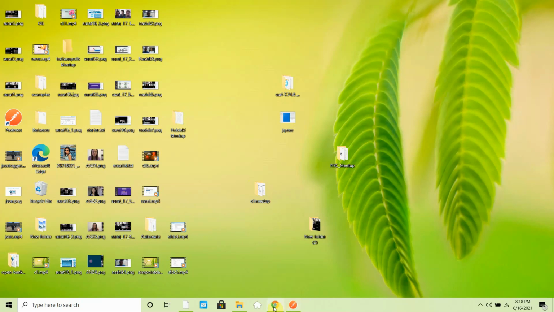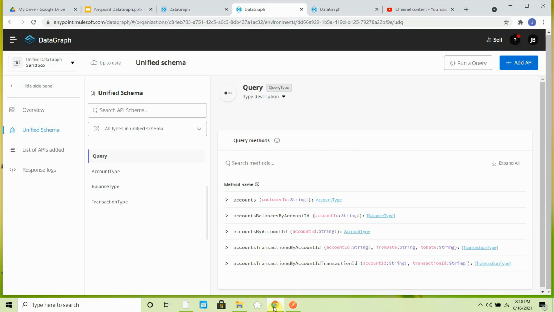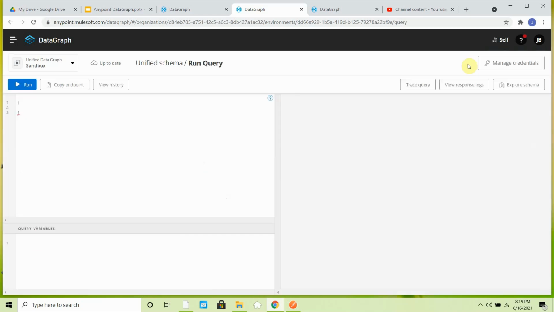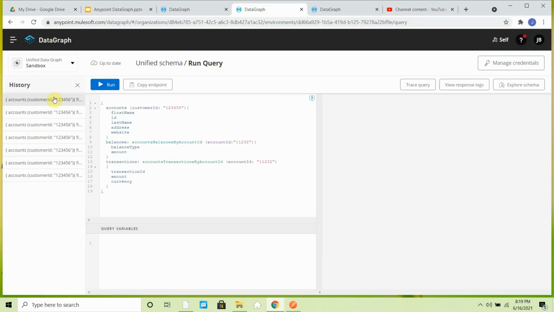So let me go to my AnyPoint data graph. As I mentioned, I can use this run a query. Even if you want to see the history of the different queries you have executed, you can see that history.